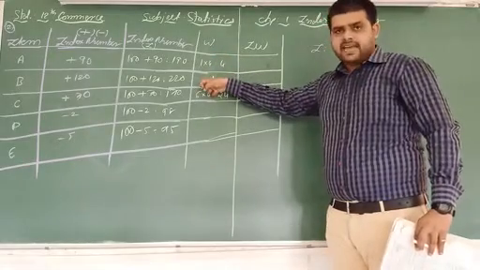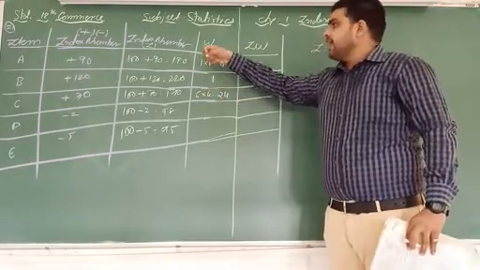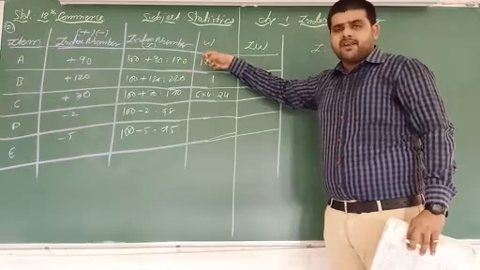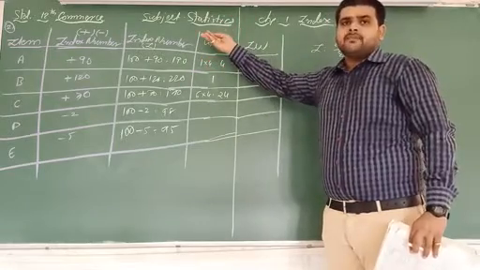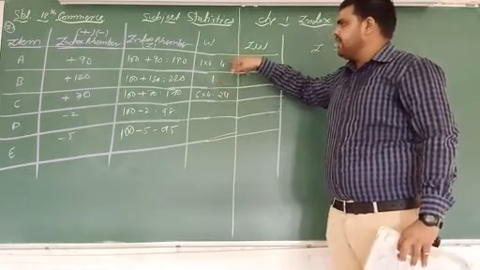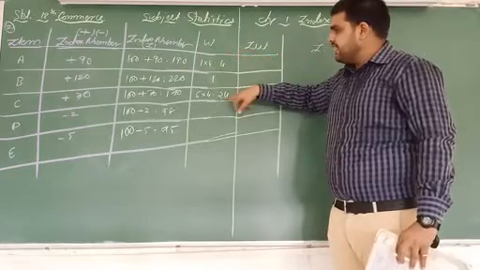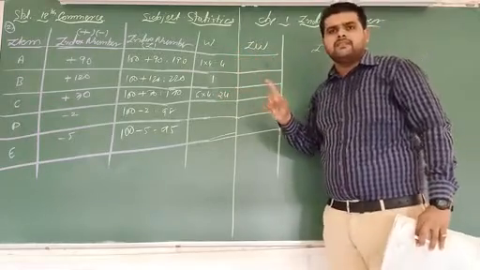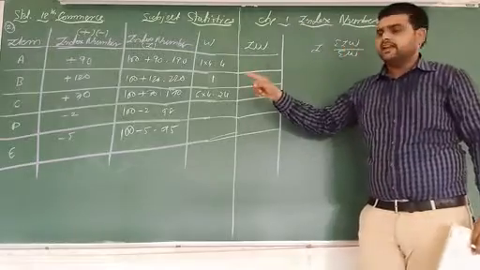Again, whatever the weight of item B is, item A's importance is 4 times that of item B. So here 1, so here 4. And item C is 6 times important than item A. So here 24.